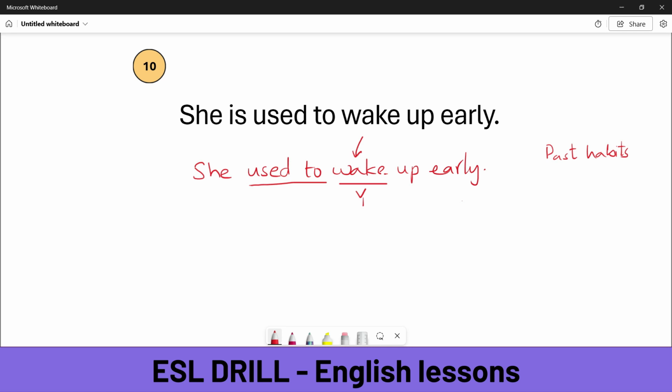But what about this sentence here? We have is used to wake. And you think that there is an extra word and we should remove this one? Okay, that might work very well too. She used to wake up early. That is what I wrote here. But there is another way to interpret this one. Now, this is actually a be form. Be form plus used to